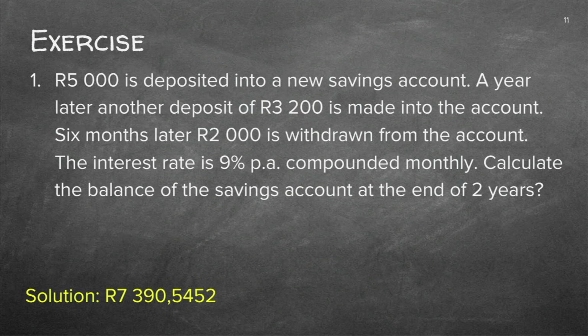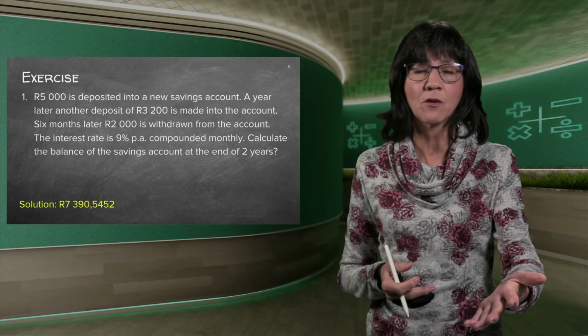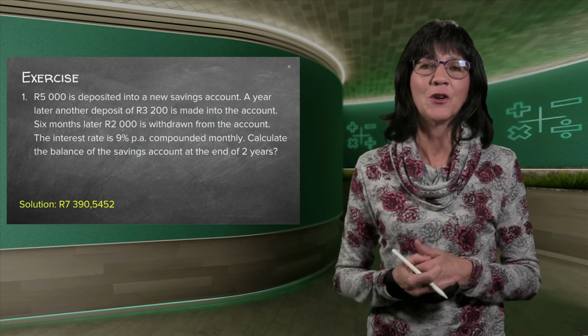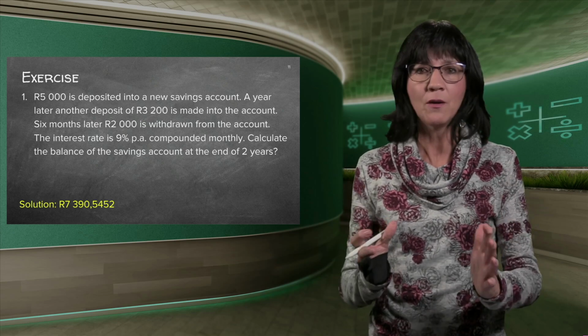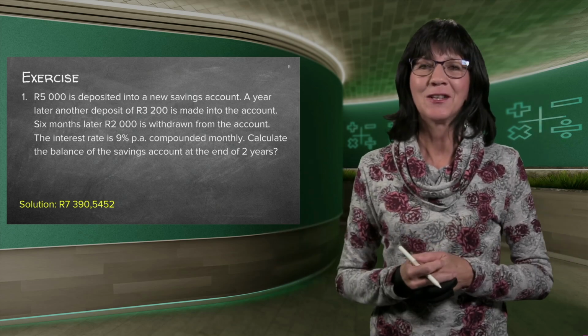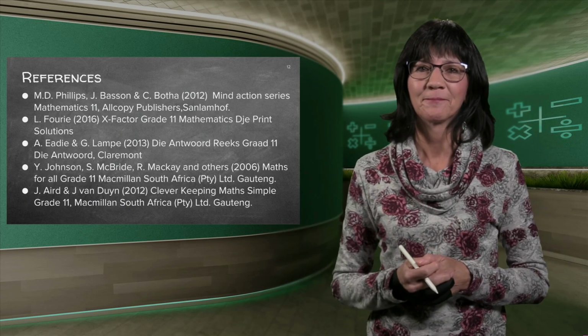Good. And then, as always, some exercise for you to do. There's only one sum with the answer at the back, in yellow. You can take a textbook or any other one and do a lot of practice on these, but also the examples. Go back on a clean sheet of paper. The more practice you get on this, the better you're going to get at it. Same formula all the time. It's just that you do a few sums now in one. Good luck. I'll see you next time.